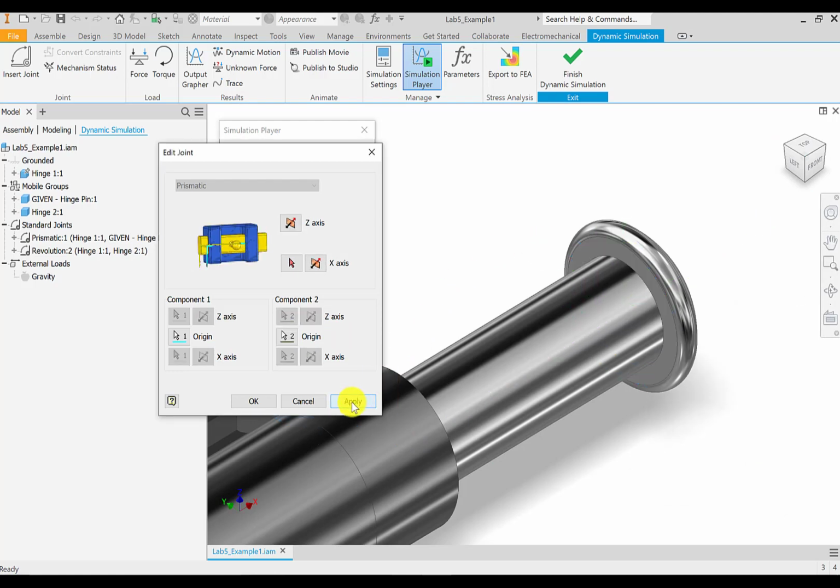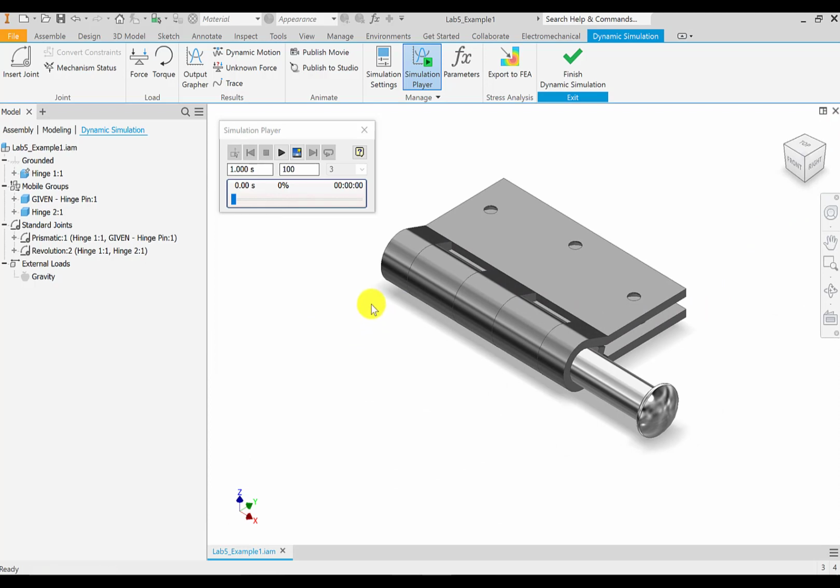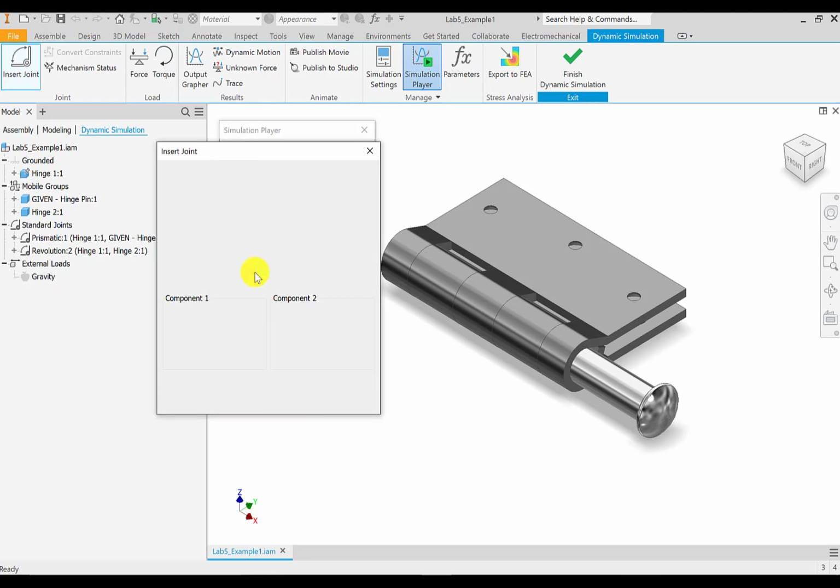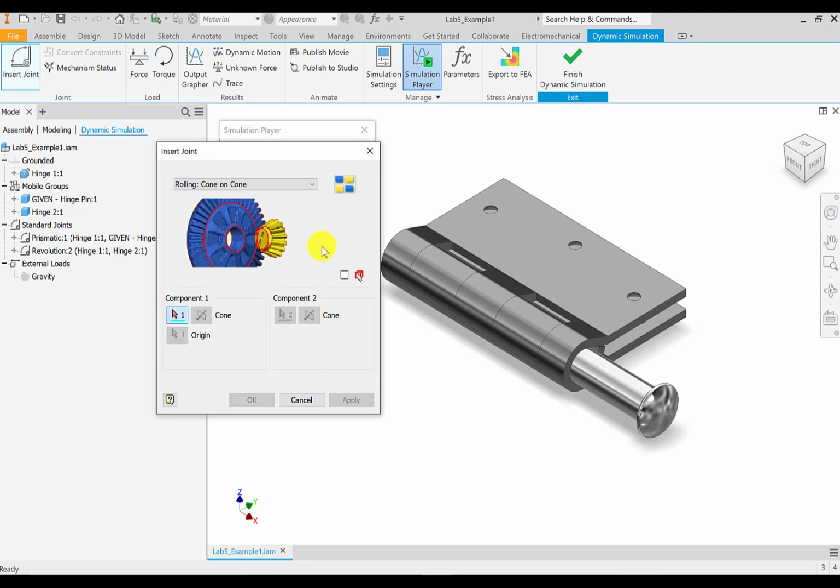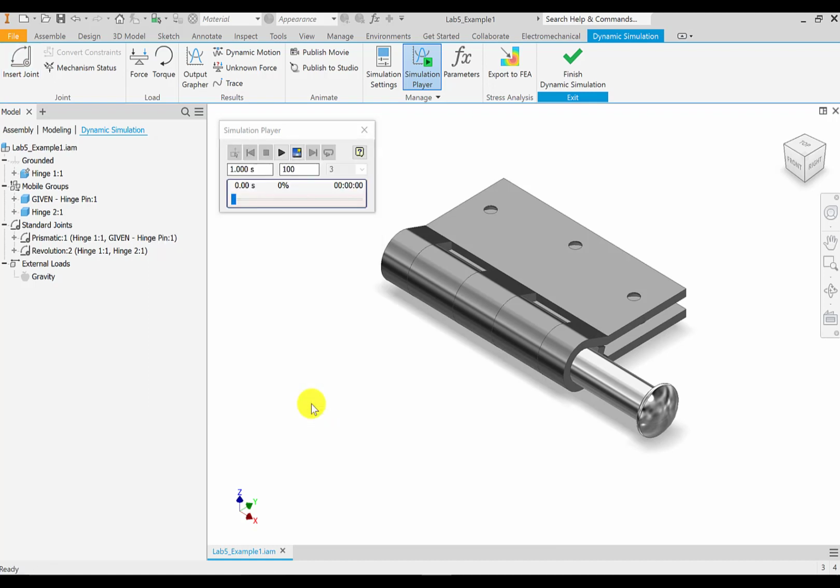In some cases, when we have motion constraints in our assembly, we will have to add additional joints related to those constraints. For example, for a spur gear train, we'd have to add a rolling cylinder on cylinder joint. For bevel gears, we'd have to add a rolling cone on cone joint, and you can look through some of the other joint types that are available. For now, we don't need to add any other joints,